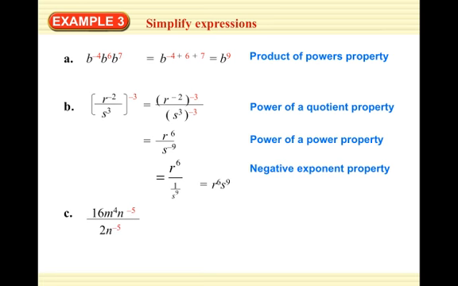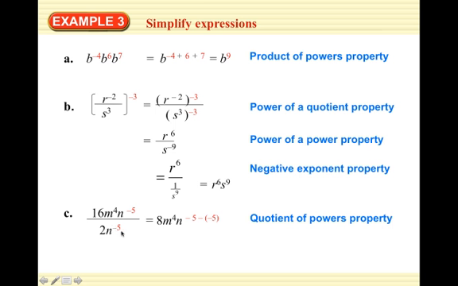All right, so I've got 16m to the 4th times n to the negative 5 all over 2 times n to the negative 5. So the 16 over 2, we just divide to give us 8. And then there's nothing to combine with the m to the 4th, so it's going to stay. But then we use the quotient of powers property to do n to the negative 5